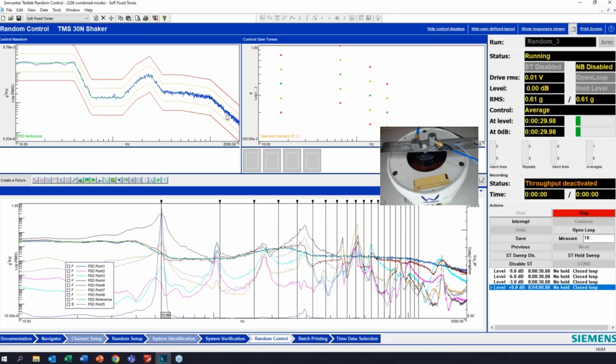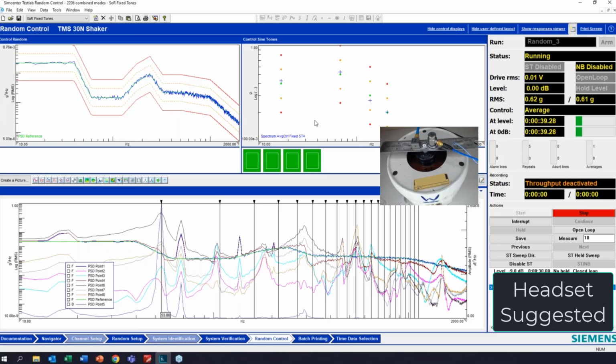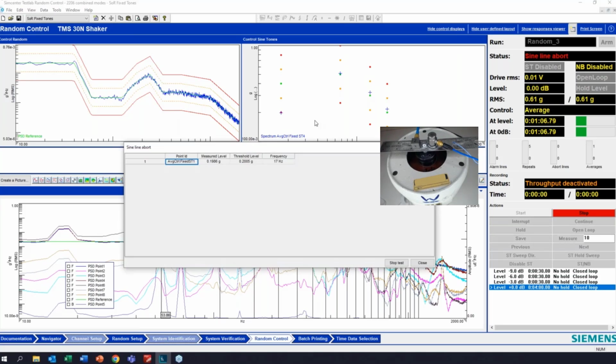Three, two, 1, and now we can see our sine tones coming up. And if you have ever sat inside any type of propeller type plane or even been close to one, it sounds very much like that with the sine tones on, where you have this base random noise and now the sine tones come on and you can hear what sounds like a propeller coming out of my shaker.